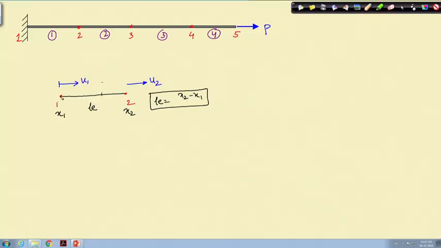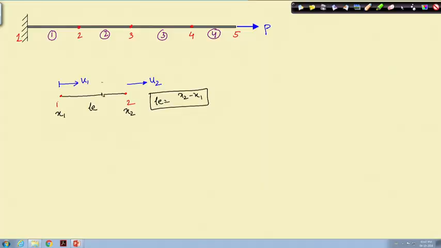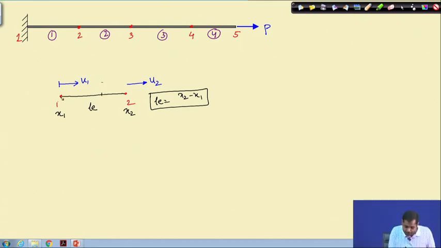So, what we need is to interpolate this based on the displacement at node 1 and node 2. We need to interpolate at this particular point. Now, for that, assume that the displacement between node 1 and node 2 varies linearly. So, suppose displacement, which is a function of x, varies linearly: u(x) = ax + b. Now, a and b are constants